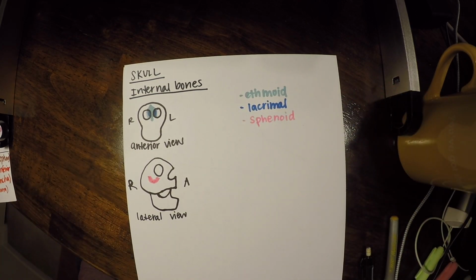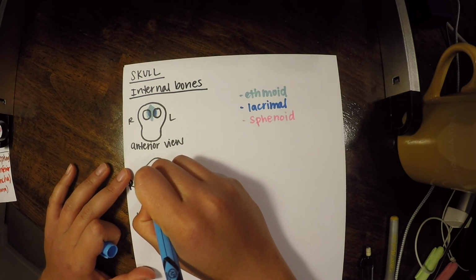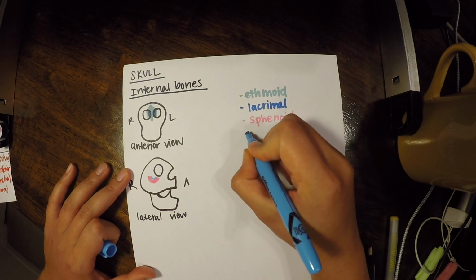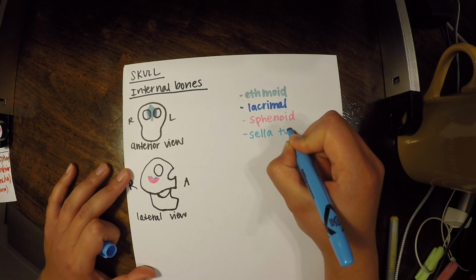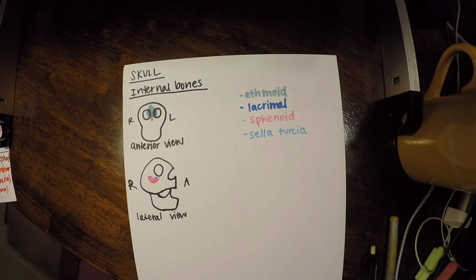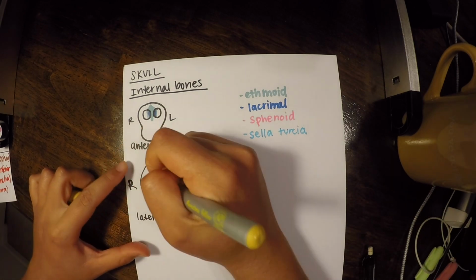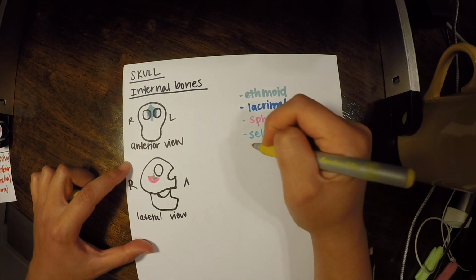And then on top of that is our sella turcica. Remember, we drew that in the other view of the skull as well, which means Turkish saddle. And then actually what I want to point out is you have something that sits in the sella turcica, and that is actually your pituitary gland. So that sits right there.